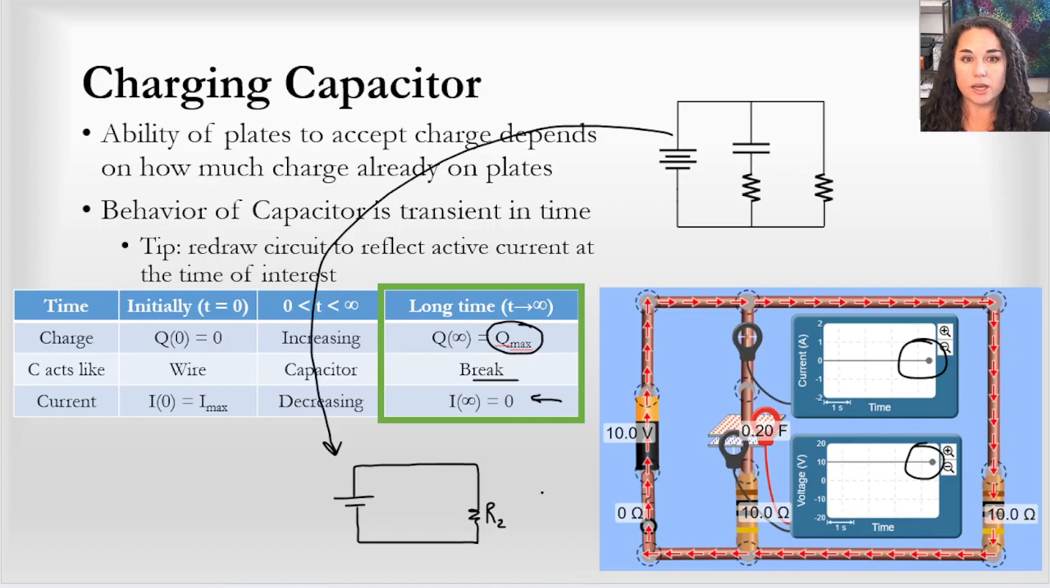Notice initially at t equals 0, we had both resistors playing in, but because of how that capacitor acts in the circuit after a long time, it's only one resistor after a long time. So again, redraw your circuit. It depends at what period in time you're looking at and what that capacitor is doing at that point in time. So like I mentioned, we had a differential equation, and I said the